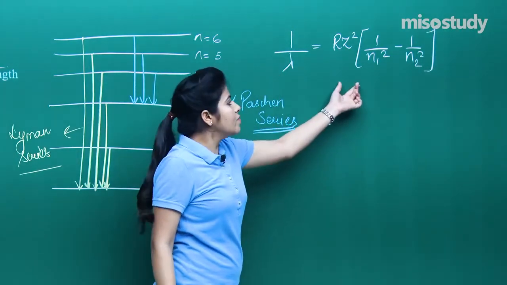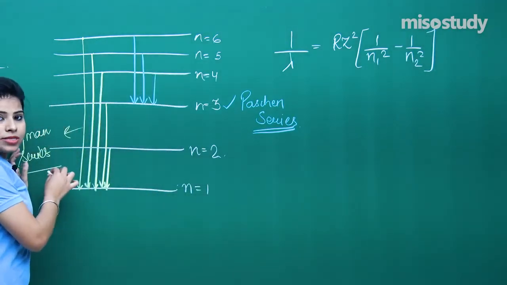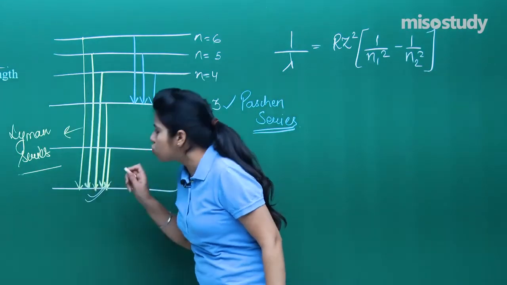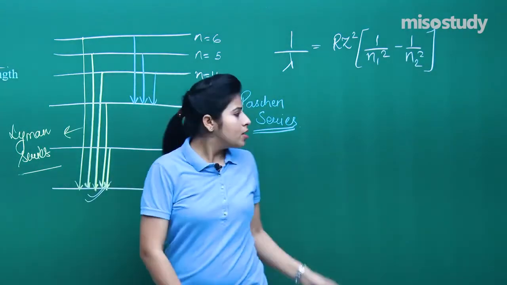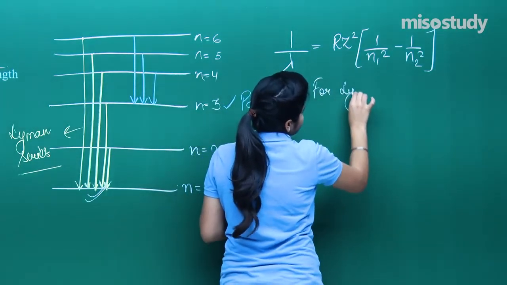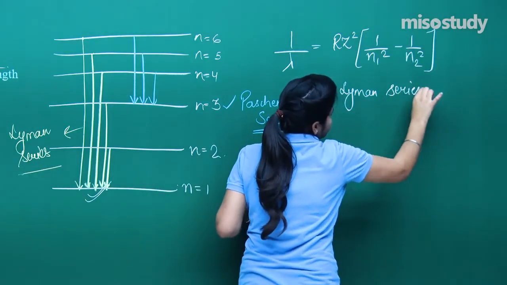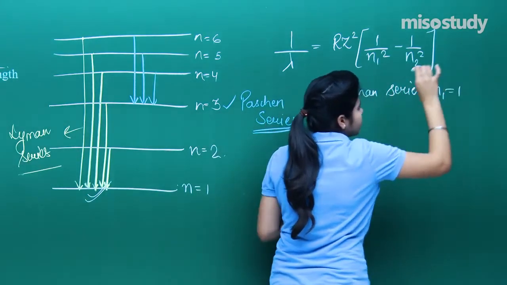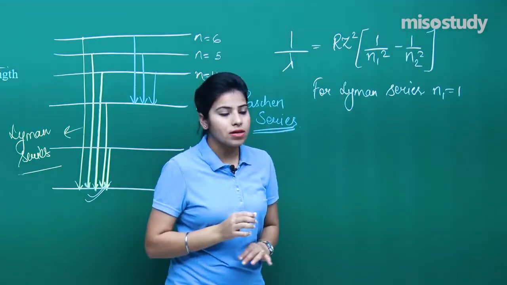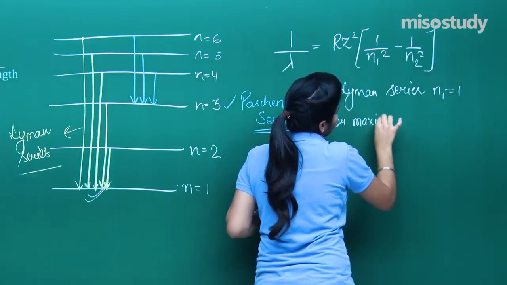Here your n1 will be for the Lyman series. If I will be talking about the Lyman series, what will happen? Your final energy level is n equals 1, right? So for the Lyman series, n1 equals 1. Now, because we have to find the maximum wavelength, for the maximum wavelength, you just have to remember one thing,